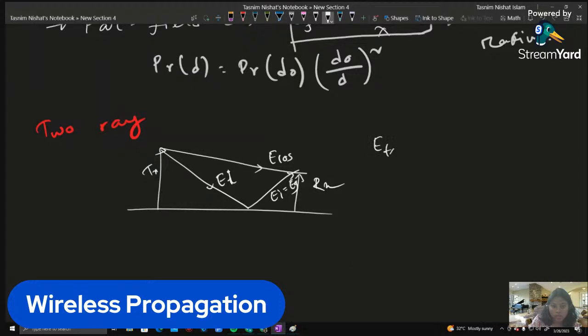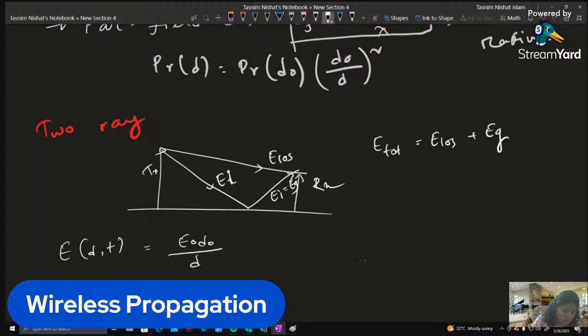So E total is certainly E LOS plus E_g, and then we will first write E(d,t) equal to E0 d0 over d cos omega_c (t minus d by c),